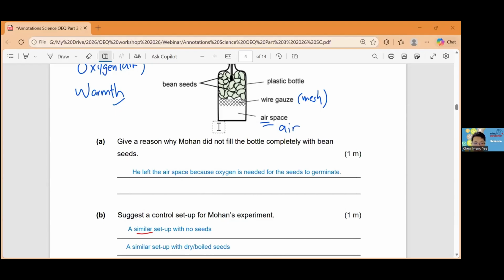Identical is fine in this case. Just like I wrote similar, because they are not exactly identical since I'm not putting the seeds. But I think it is fine in this case because it's just the difference in seeds, and I've already mentioned that there are no seeds. So if you put identical, I think it's acceptable.